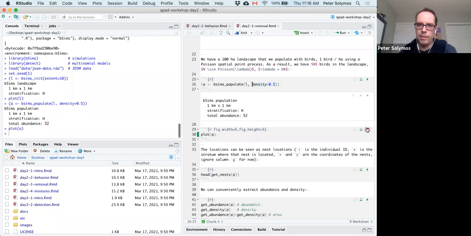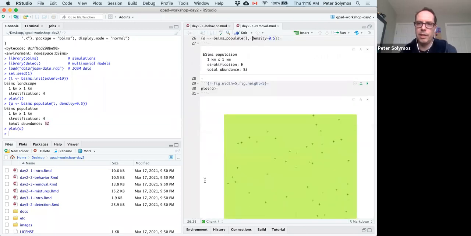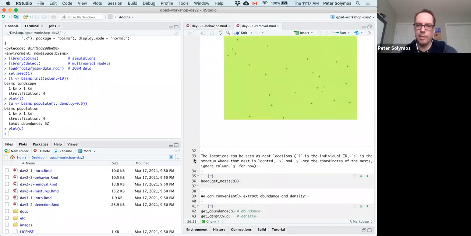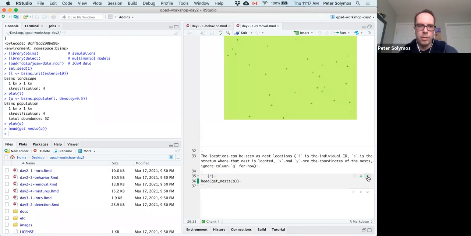Now, if we plot this, then we are going to see the nest location. So this is what those crosses indicate. So individuals are going to move around their nests. Or if we don't specify any movement kernel around their nest, then they are just going to be there all the time and do their vocalization at the exact same location. We can print out